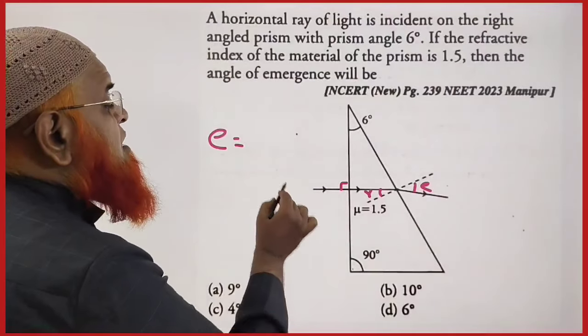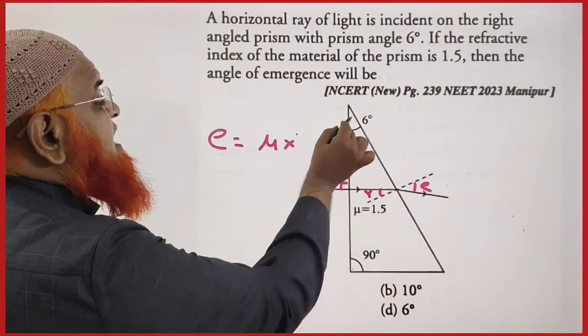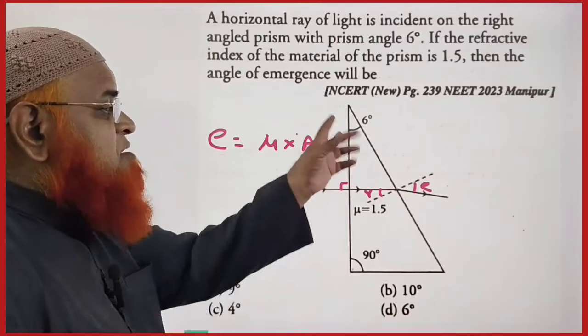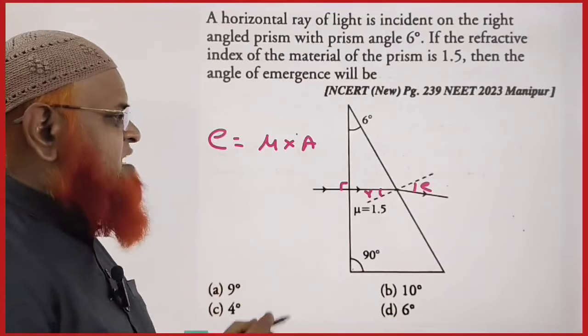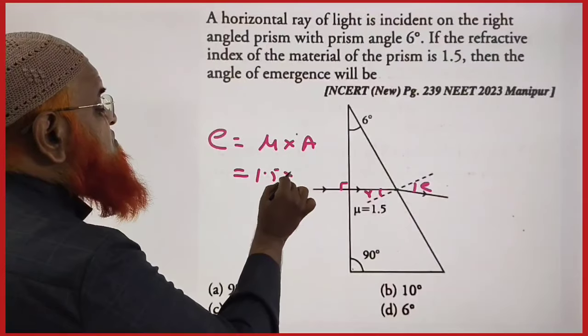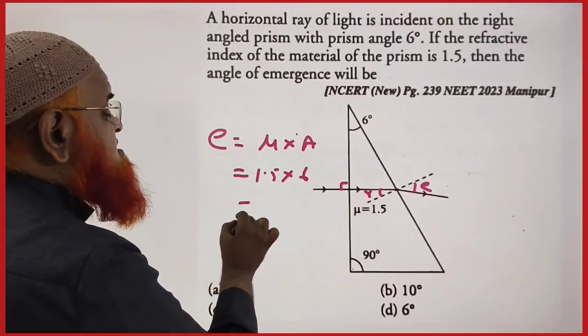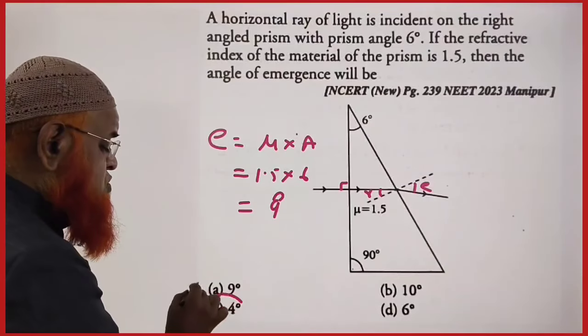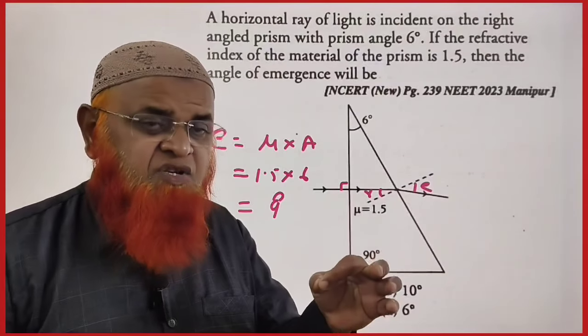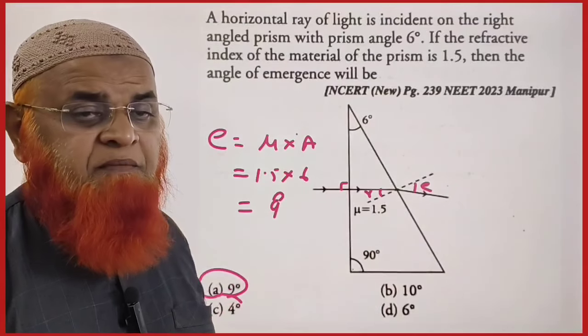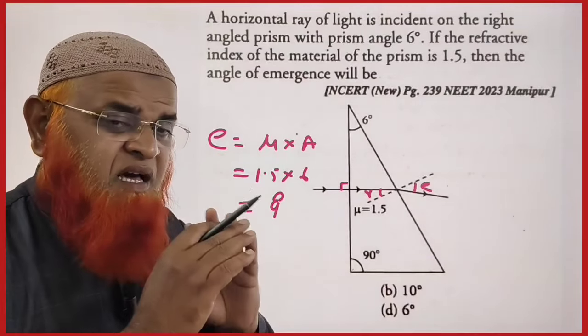अगर मैं कहूं कि एंगल ऑफ इमर्जेंस सिर्फ रिफ्रैक्टिव इंडेक्स से रिफ्रैक्टिंग एंगल ऑफ प्रिज्म को अगर मल्टीप्लाई कर देना तो डायरेक्ट आंसर आ जाएगा आपका, which is nothing but 1.5 into A, that is 6 degrees, the answer is 9 degrees. Okay, तो इसका लेंथी सॉल्यूशन के लिए नीचे दिए गए लिंक पर क्लिक कीजिए।